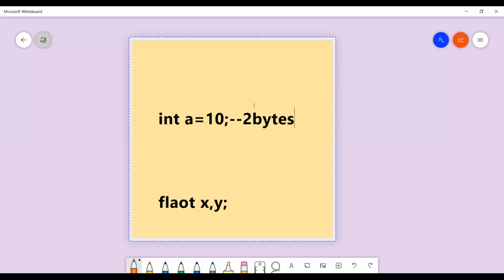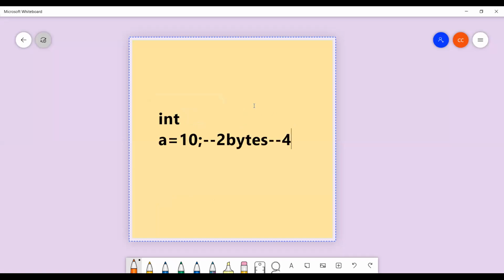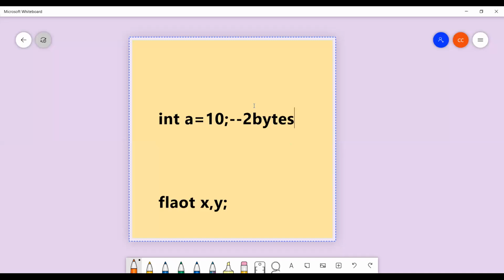If it is a 32-bit operating system, the size of a is 4 bytes. 1 byte means 8 bits, 2 bytes means 16 bits. So based on your operating system, the memory will be allocated. Here integer a equal to 10 means integer is a data type, a is a variable name, 10 is a value, having a memory of 2 bytes.